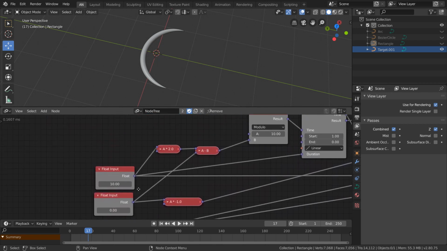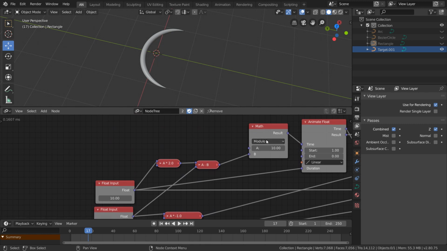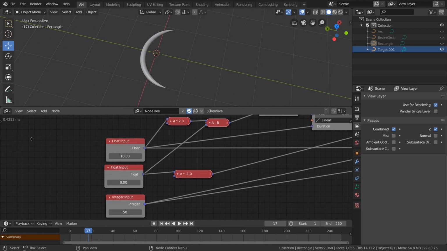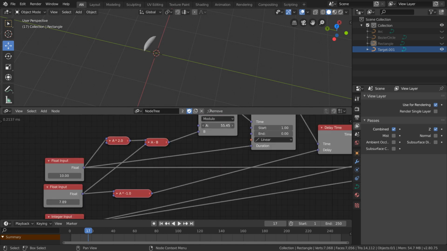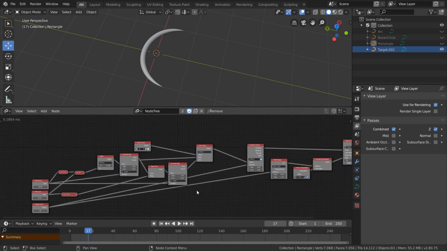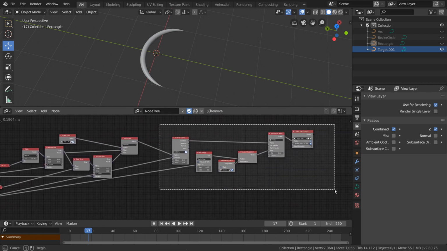So let's just test the values. Before converting it into a group, let's see everything is working perfectly. Okay, all right, so let's move this closer a little bit,